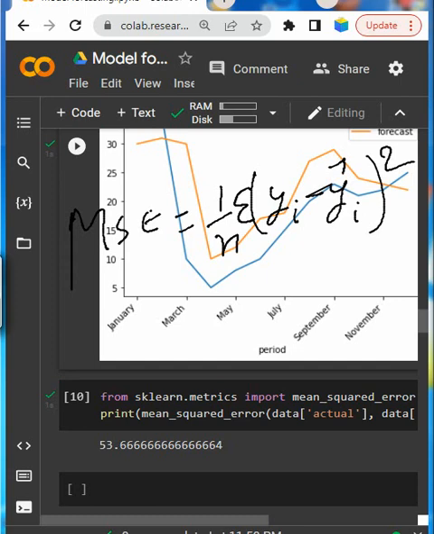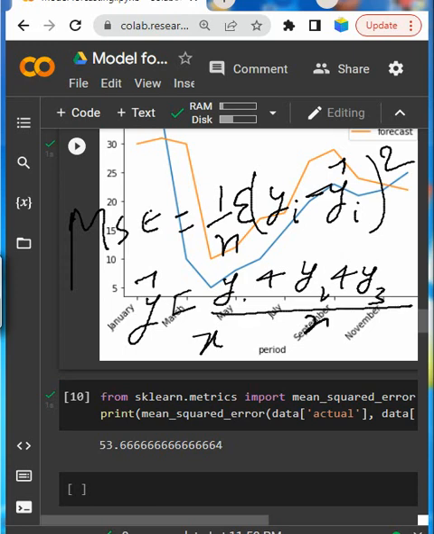So mean square error takes the error from each row. Let's say we have data and we need to create the mean. How do I get the mean? The mean is y1 plus y2 plus y3 and so on, all divided by n.